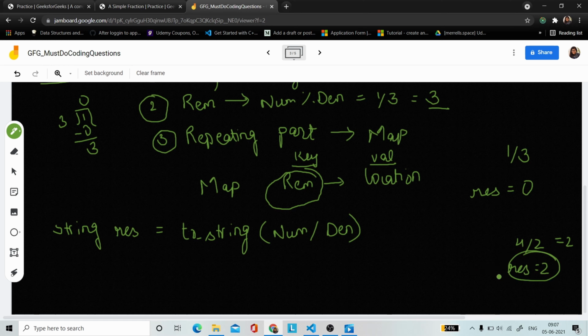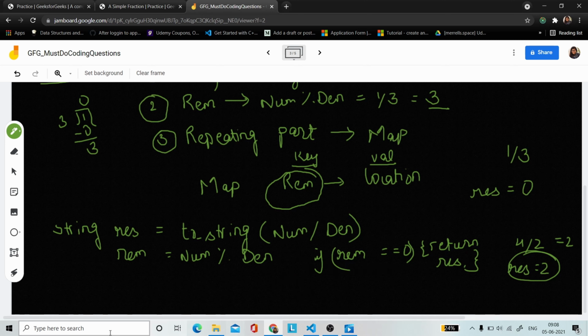So you can calculate the remainder as numerator mod denominator, and check if this remainder is equal to 0, then you can just return whatever result you calculated, no issues.